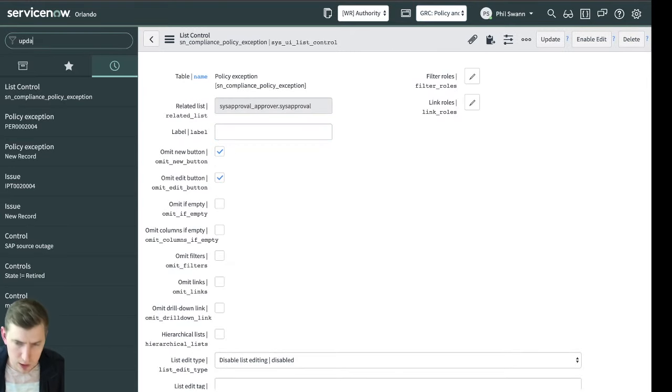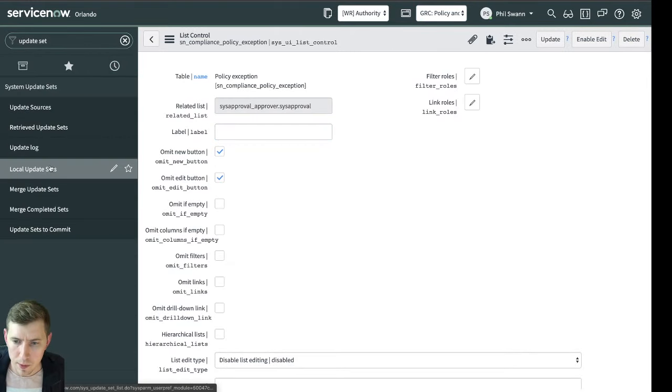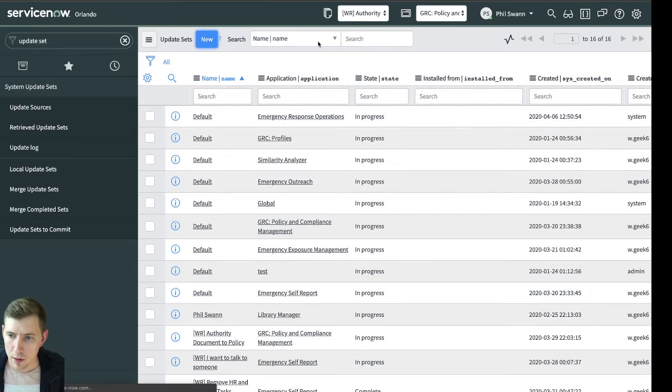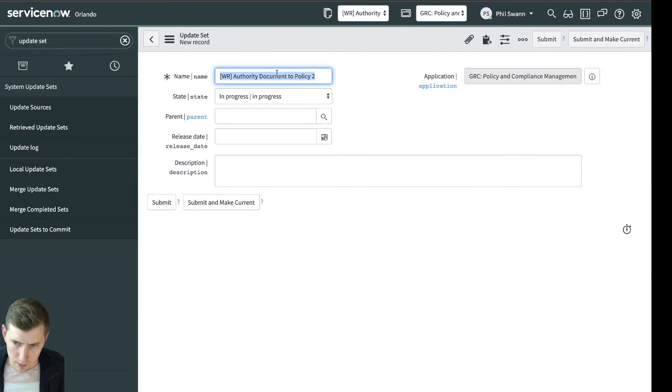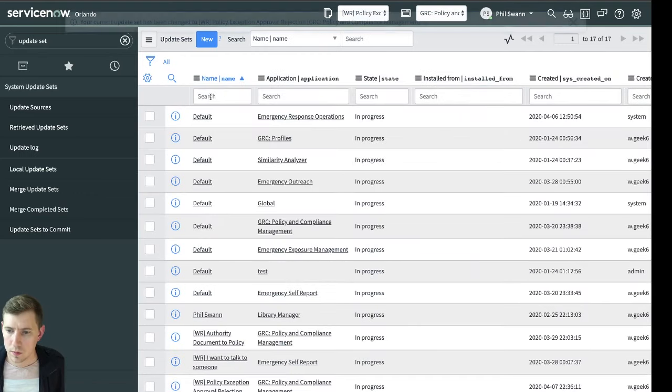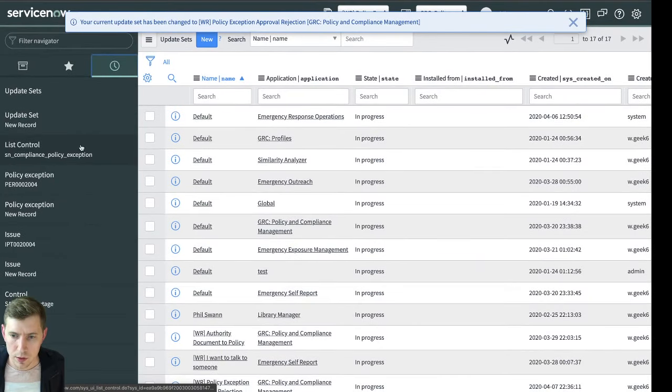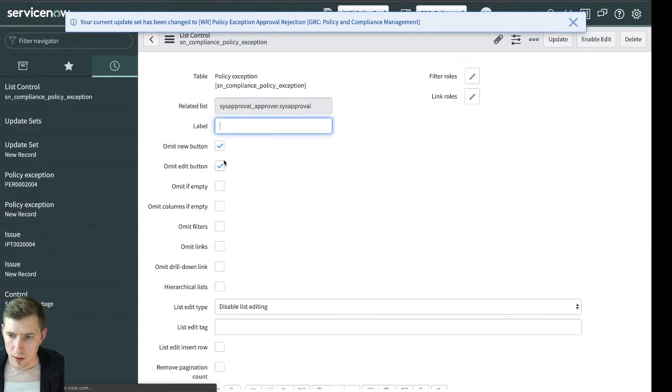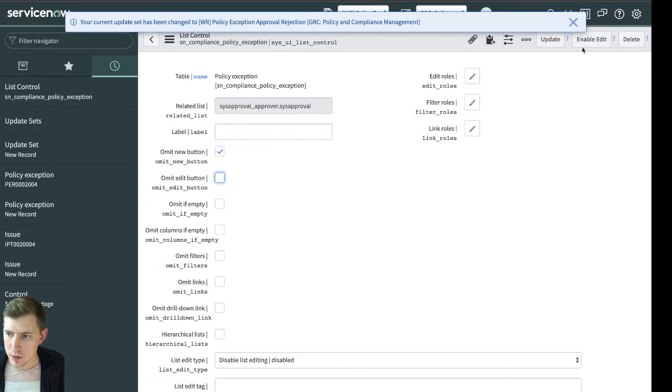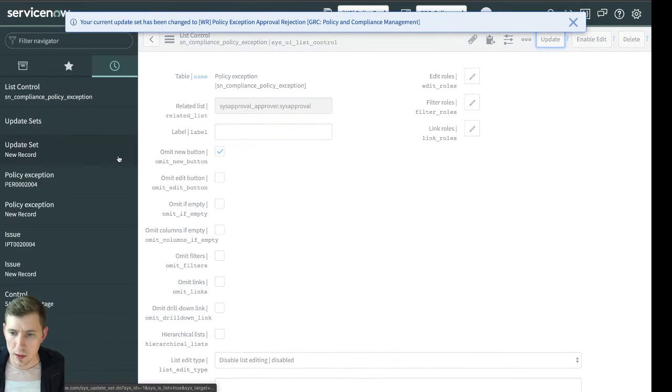just before I make any changes, I do want to just fire up an update set. Policy exception, approval, rejection. And I'll go back to that list control and let's enable the edit button. Okay, that should mean then